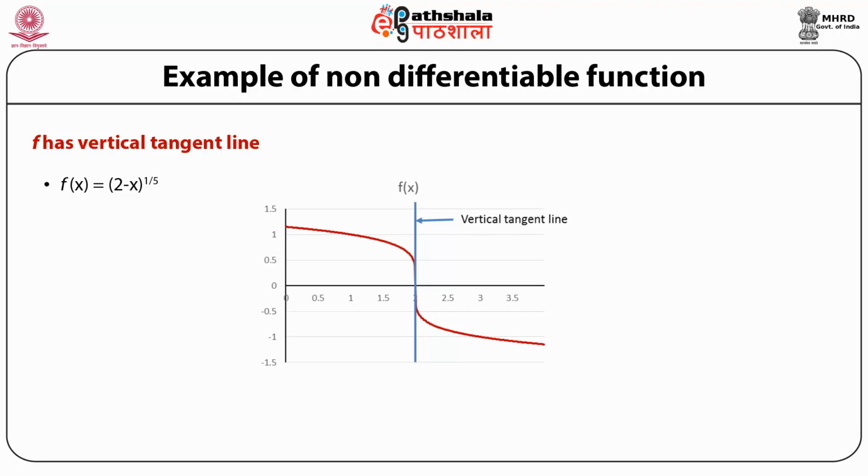If you try to take the limit or try to differentiate at x is equal to 2, if you can substitute there, it becomes 2 minus 2, which is 0. So if you connect the left over the right side, it is nearly not existing, or it has the highest of the slope. So the vertical tangent line, or when the function does not exist, we will not be able to differentiate such functions.